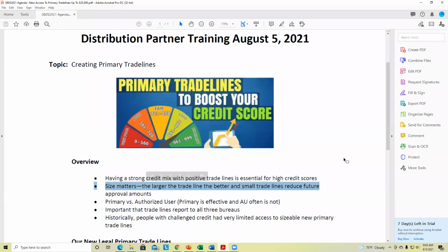The second bullet is an important point. A former banker named Jeff taught me this, and you may know this, but trust me, I think most small business owners, most Americans don't understand this. When it comes to opening trade lines, size matters. And I don't say that jokingly, but what that is relevant to is let's say that someone doesn't have a real strong credit profile. So they go out and they get a $200 or $250 or even a $500 secured